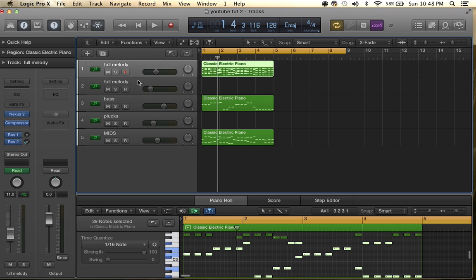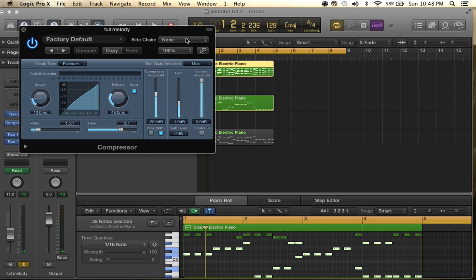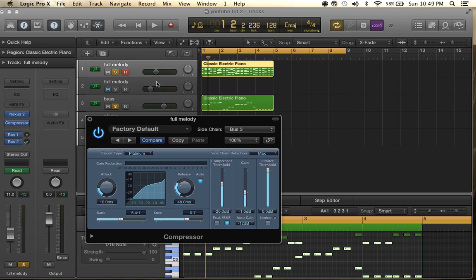From this part on of the video, really pay attention to what I do if you don't know what sidechain compression is. So I'm gonna sidechain this first melody layer to the bass line, and to do that I'm going to go right into the compressor and sidechain to bus 3. Now I'm going to run the ratio up to about 5. If you really wanted to squash it, you can go to 30, but for professional purposes I'm going to stay down at 5.